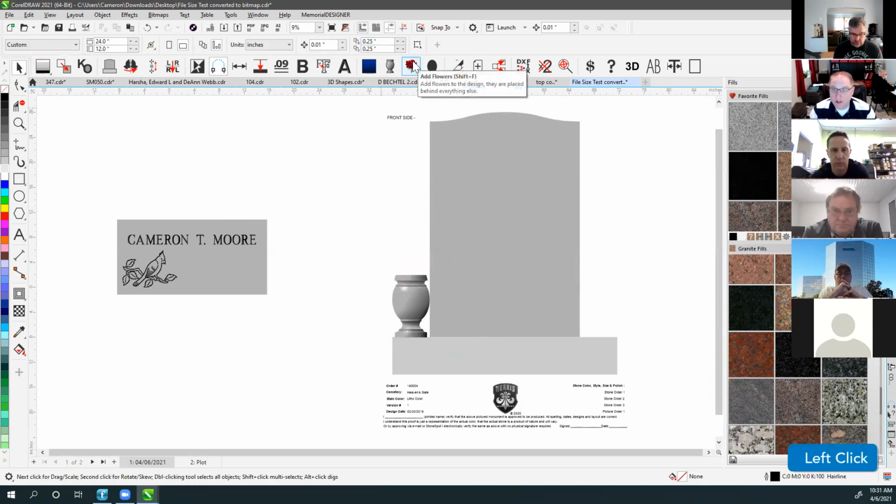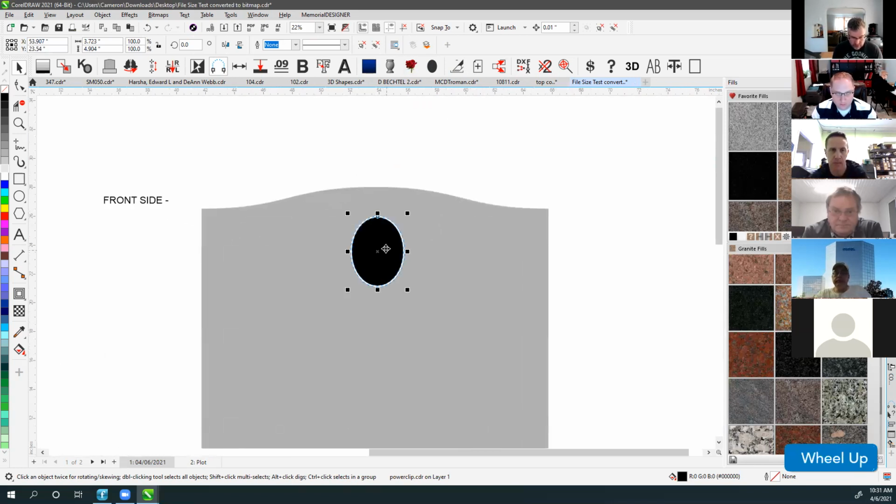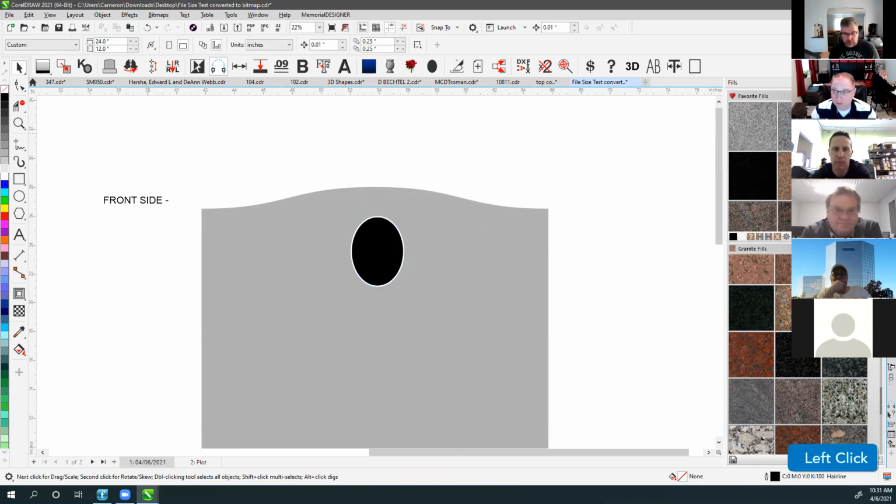All right, any questions on flowers? Pretty simple. All right, so now we've got ceramic portrait. This one, when you click on it, it brings in an oval. The special thing about this is that that oval has been preset to be what's called a power clip frame. And so because of that, if I were to bring in a picture,